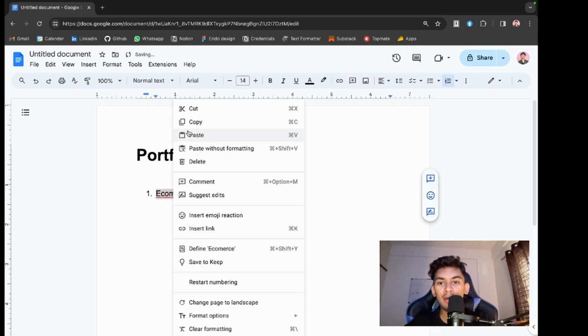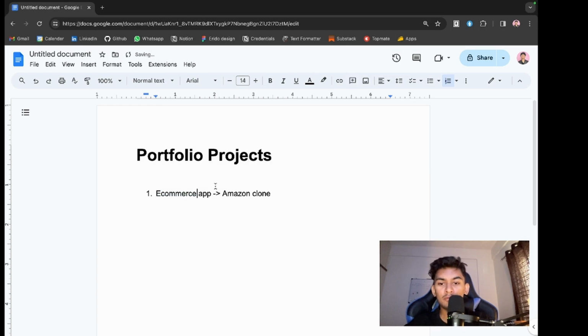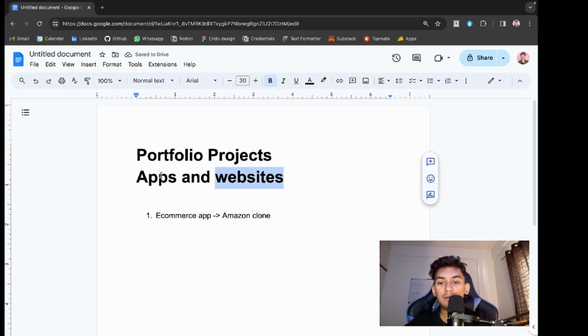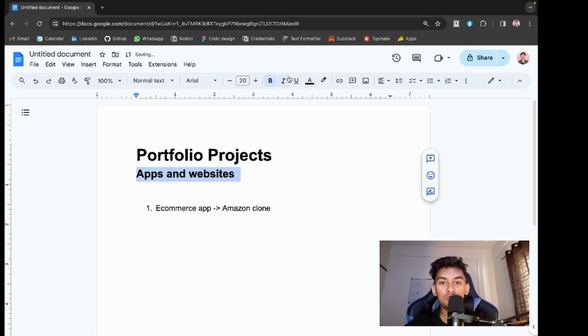And this can be either a website or an app. These are all the apps and websites that you should be building if you are building a portfolio. So the first thing you should build, as always, is an e-commerce application, because of course we are humans,